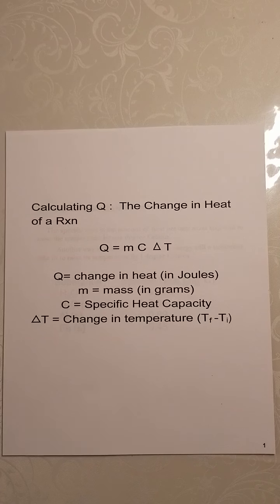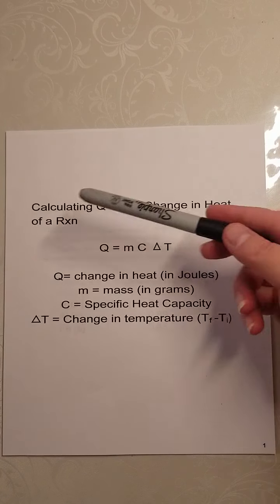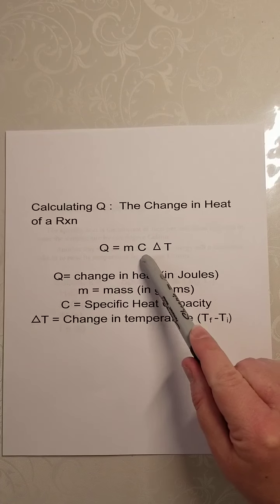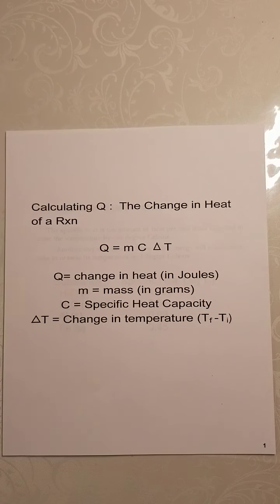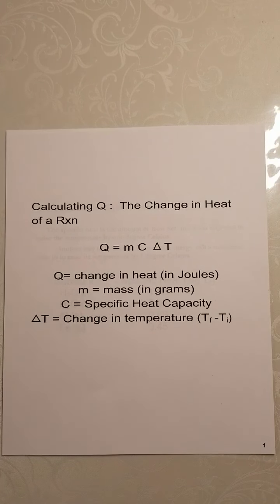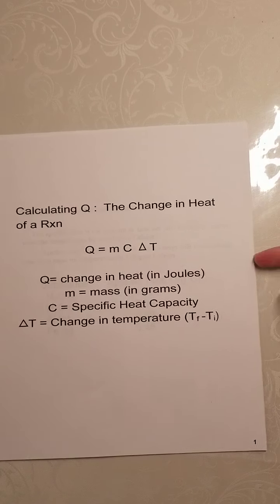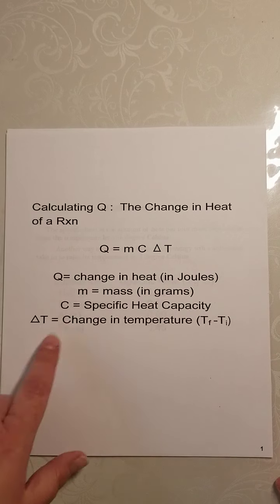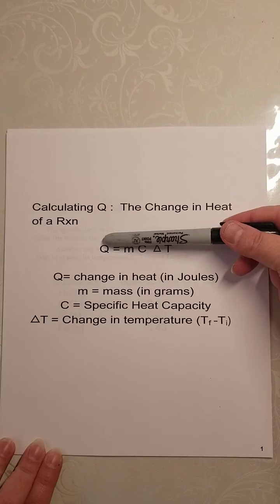Today we are going to be looking at how to calculate Q using this equation, Q equals mc delta T. Remember, Q is a change in heat of a reaction. Remember, Rxn is just an abbreviation for reaction. That's all. So we're going to be using this equation to help solve for heat in joules